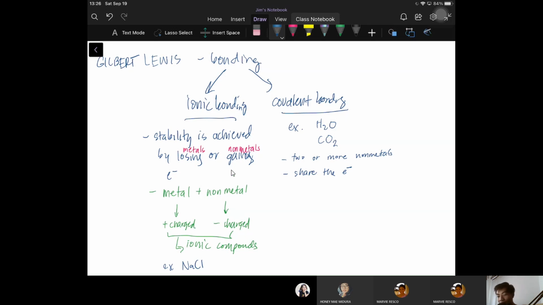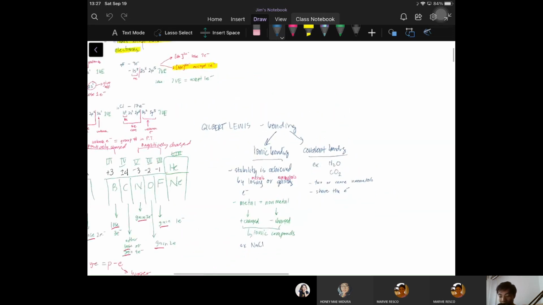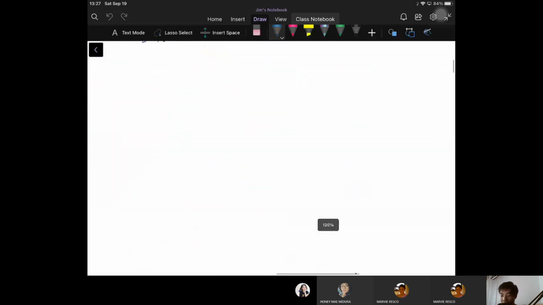Ngayon, visualization tayo. So, si Lewis, gusto niya ma-visualize yung ionic and yung covalent bonding. Parang gusto niya gumawa ng picture ng molecules. So, ano ginawa niya? Ginawa niya ang kanyang Lewis dot symbols. Okay, so ito yung ginawa ni Lewis. Ito yung visualization